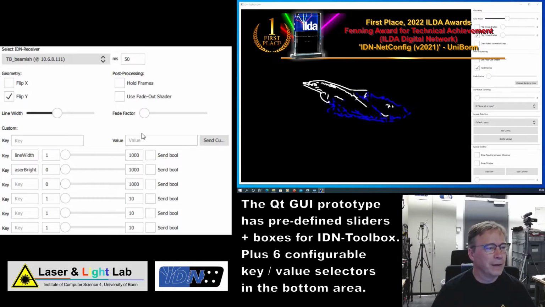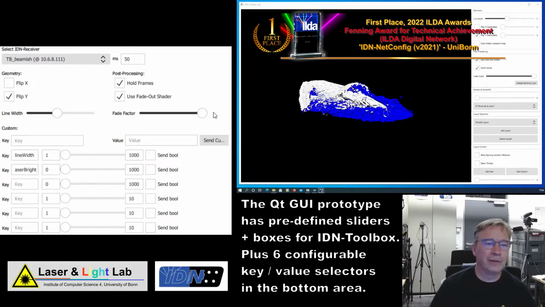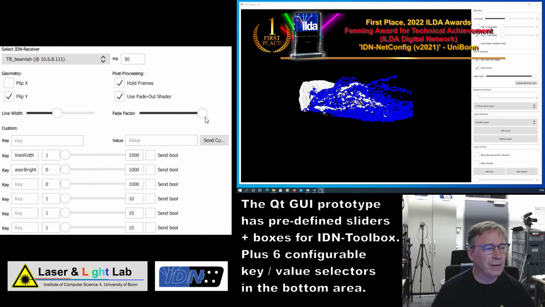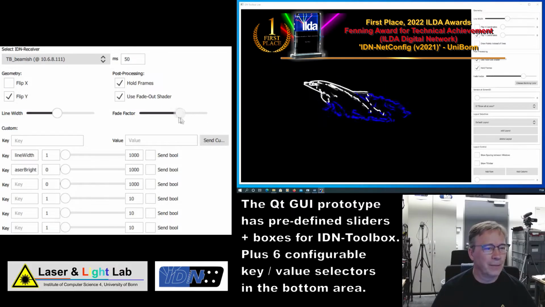There are some other parameters that are specific for this IDN toolbox, so they would not be used by a real laser projector, and therefore it's very useful or flexible to keep these parameters outside a specification of ILDA of the IDN family. So these are examples for